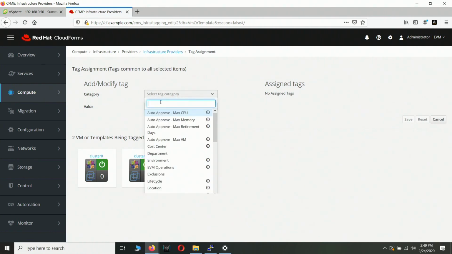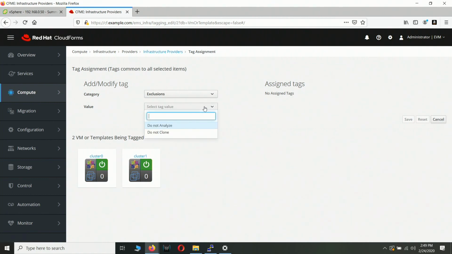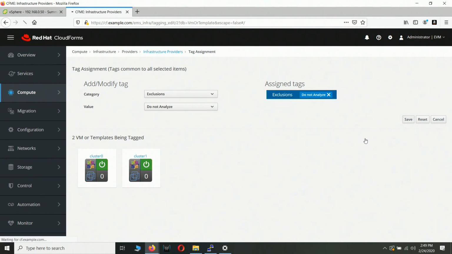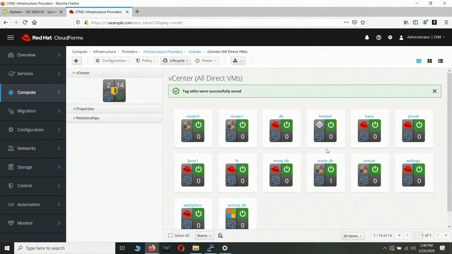We have a tag category called exclusions, and do not analyze. So when we apply that to these, it tells us that even though the policy has been applied to the entire provider, the whole vCenter, it needs to skip those VMs and not try to perform smart state analysis on them. So the next thing that we need to do